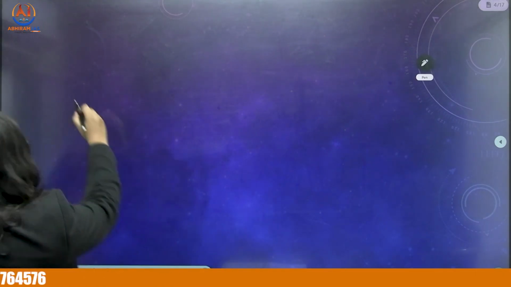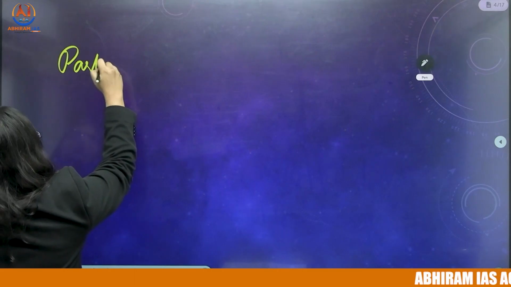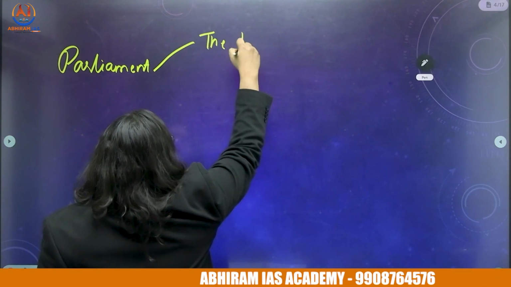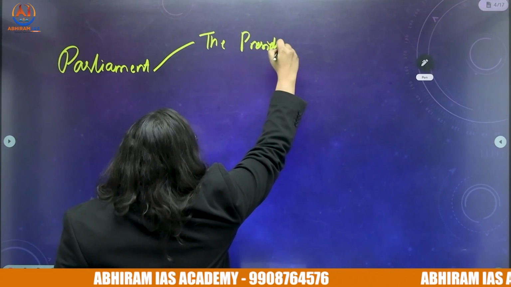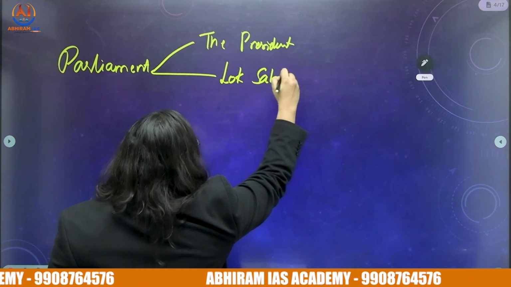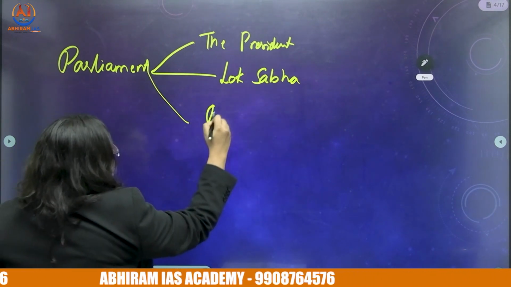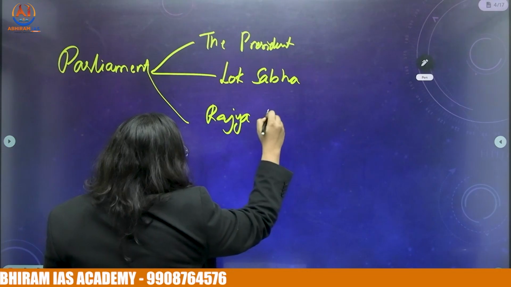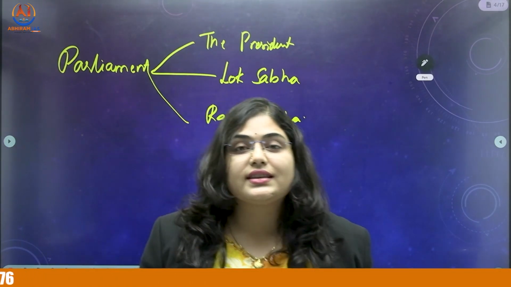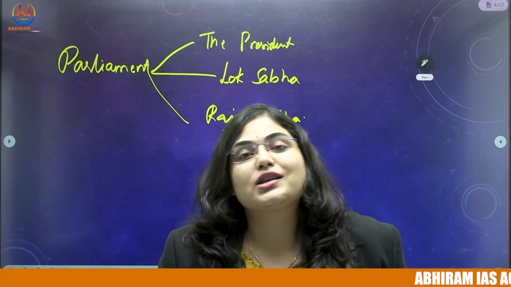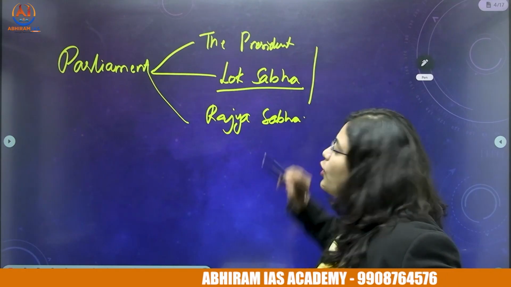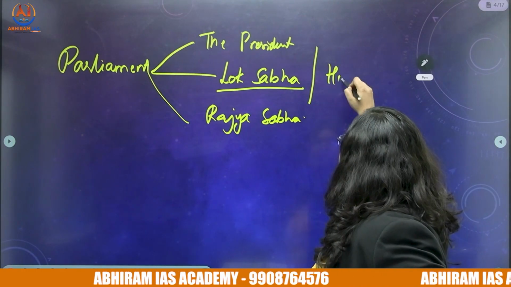So Parliament primarily consists of the President, the Lok Sabha and the Rajya Sabha. The President is the first citizen of the nation as well as the constitutional head, and the Lok Sabha is also called the House of the People,